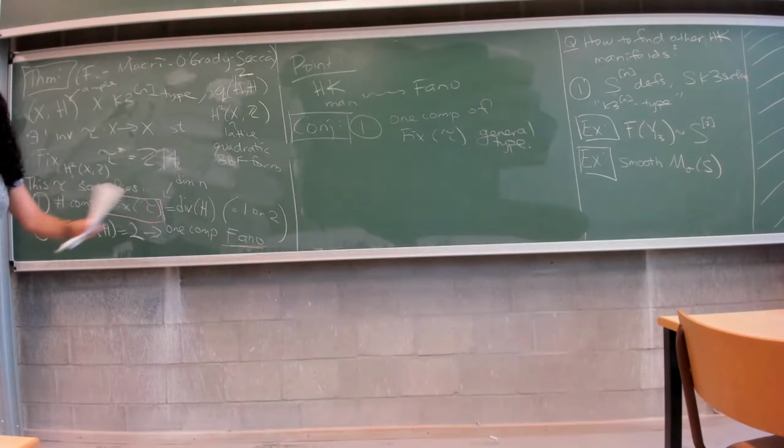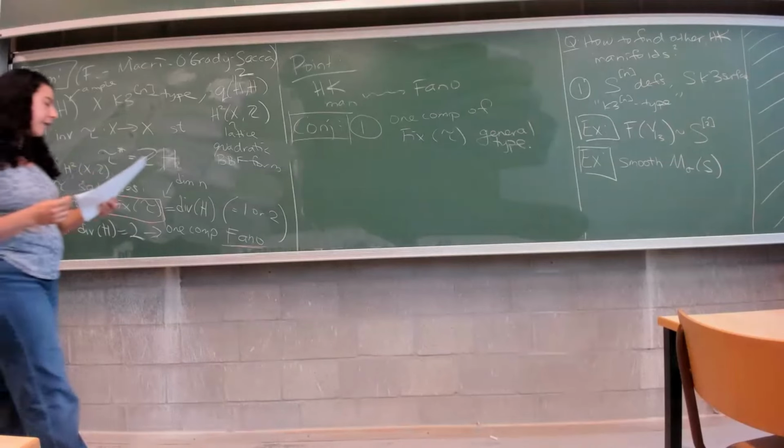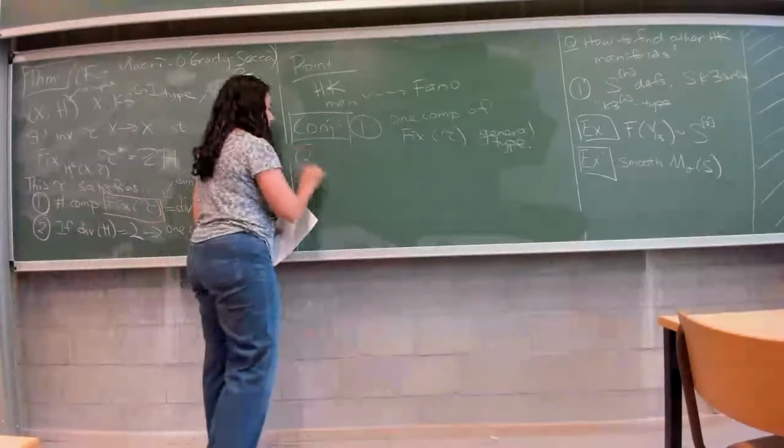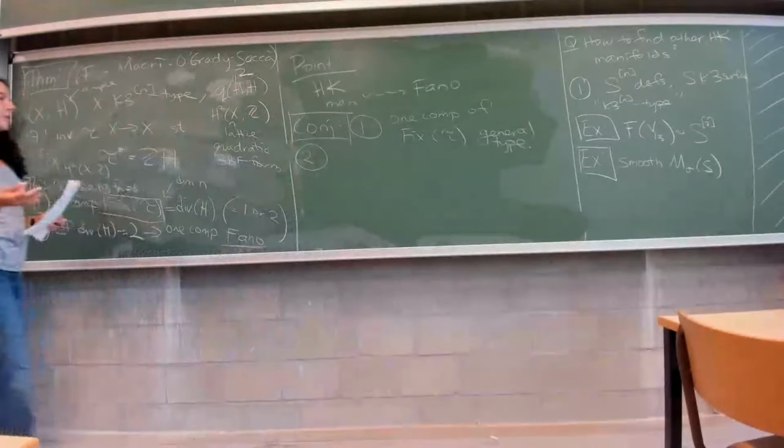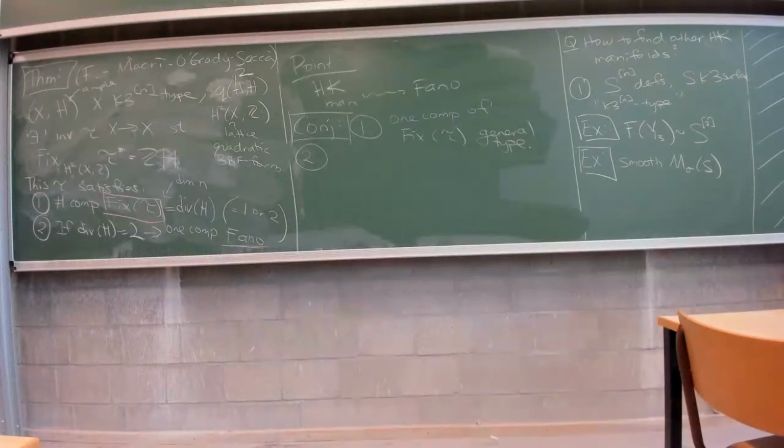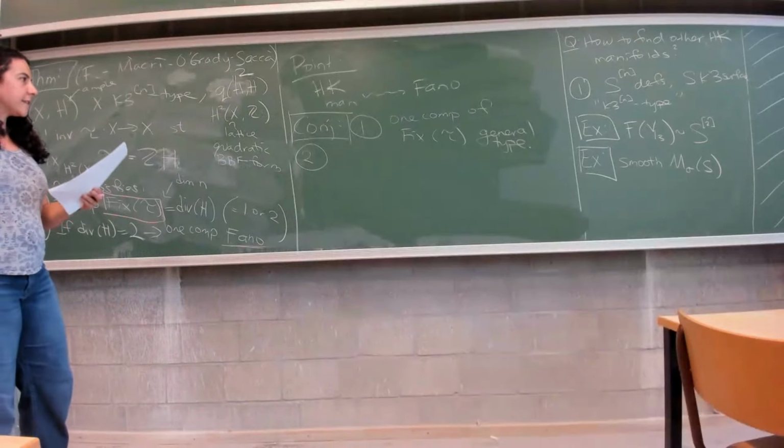So if the div of H is 1, then there's only one component. I expect that to be of general type. Okay. And if div of H is 2, there's 2 components. One we know is Fano, and the other we expect to be of general type. Okay. And then the other conjecture, which goes back to this kind of derived category picture I gave, is that